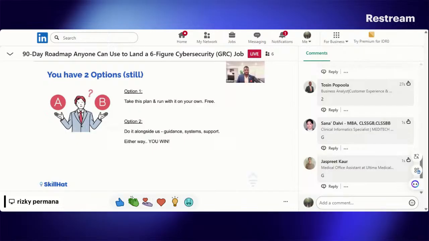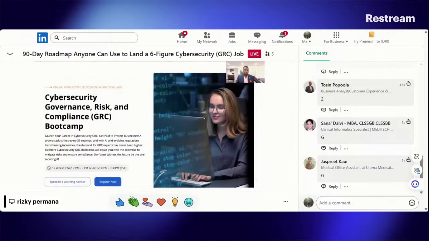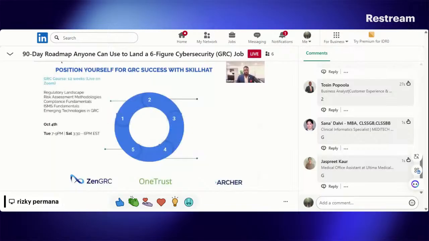So here's how we help you solve the four gaps. And you can actually look at this and figure it out and do it by yourself, or you can work with us to do this. So let's talk about the Skill Hat Cybersecurity GRC program. It's not just a boot camp, it's actually a series of programs. And so the first piece is the immersive course. It's a 12-week course. If you enjoyed this webinar so far, you thought it was high quality, you thought it was at depth, this is exactly how the class goes. It's over Zoom, where you learn the core tenets of cybersecurity GRC over 12 weeks.